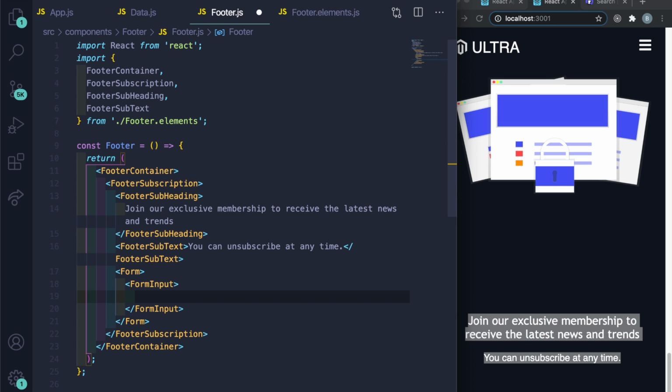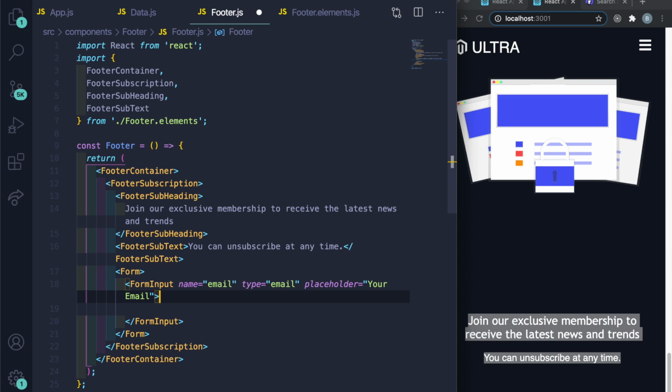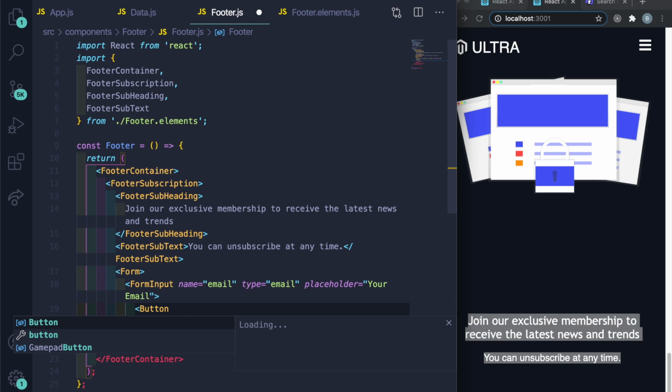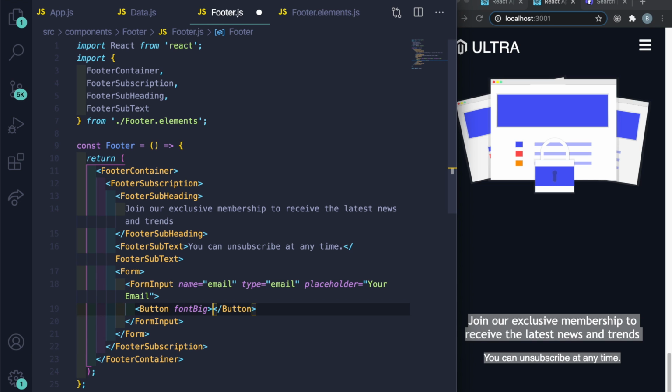Then in the form input, because this is an actual input, name equal to email, type equal to email, placeholder equal to your email, and then inside of this I want the button to have font that's big, and